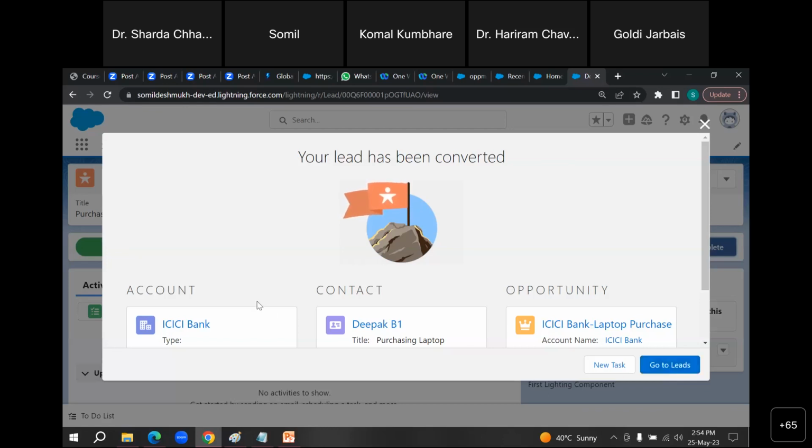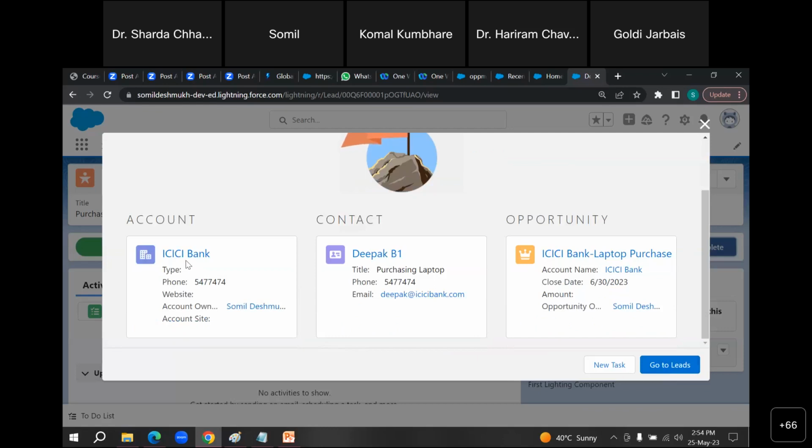Right now you can see ICICI Bank is my account, Deepak B1 is my contact, and ICICI Bank laptop purchase is my opportunity.